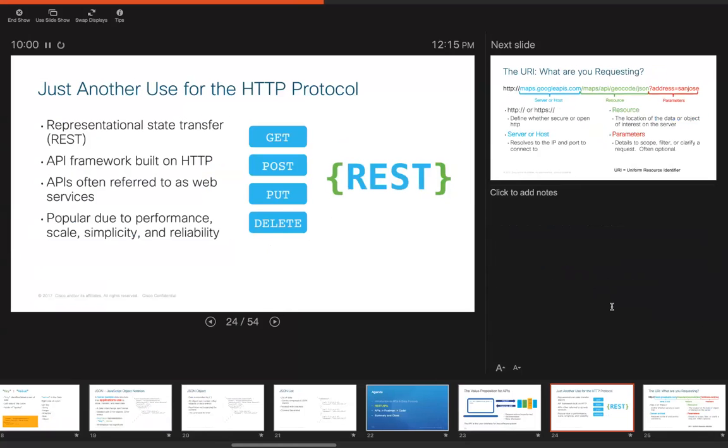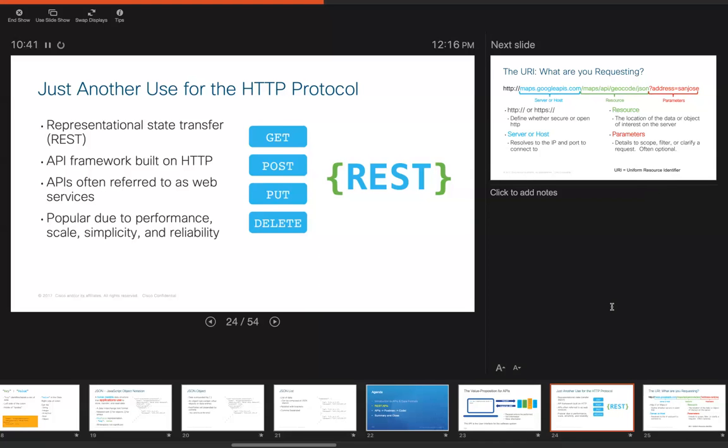As we look specifically at what REST is, REST stands for Representational State Transfer, and it's built on the HTTP framework. So a quick way to think about this is as you go to a website like Cisco.com, you're requesting information. You want to get a web page, and what comes back to you, hopefully, is that web page. That's a very similar framework to how REST works. You're going to request a particular piece of API data, and it's going to display back to you. It's not going to display as a web page, but it's going to display that text back to you.